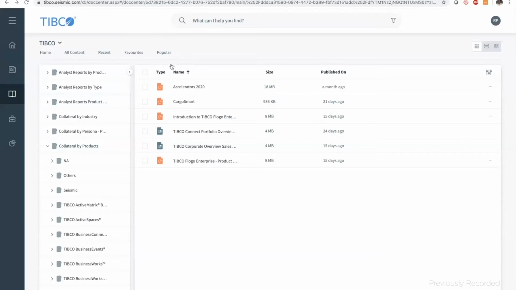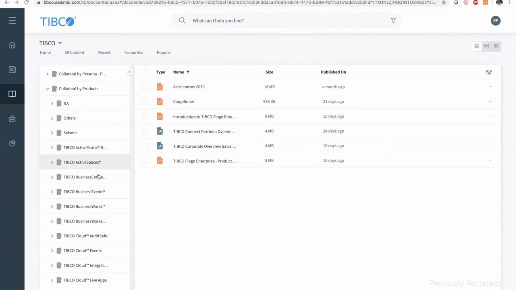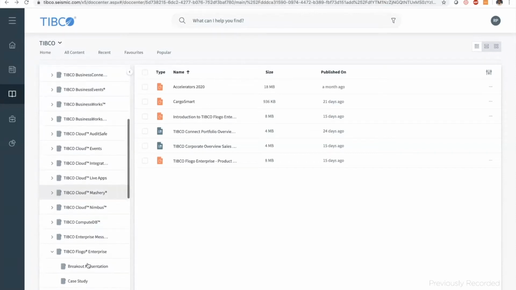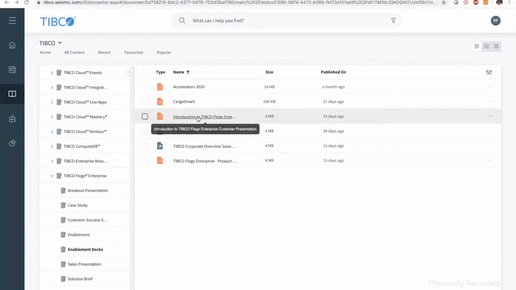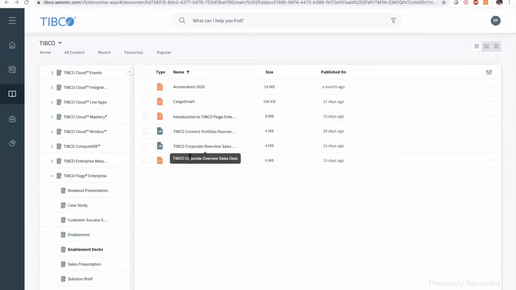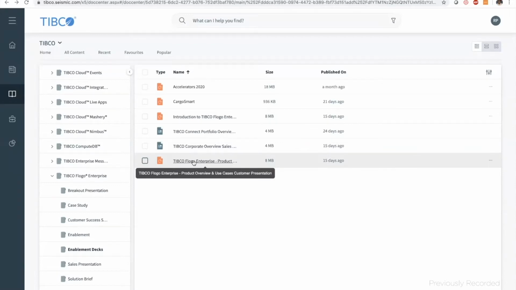So we have added a few assets in Seismic. If you go on Seismic and look for TIBCO Flogo Enterprise, under enablement decks, we've added two slide decks. First is Introduction to Flogo. This is kind of 101 for TIBCO Flogo Enterprise, and the second deck is TIBCO Flogo Enterprise Product Overview and Use Cases.